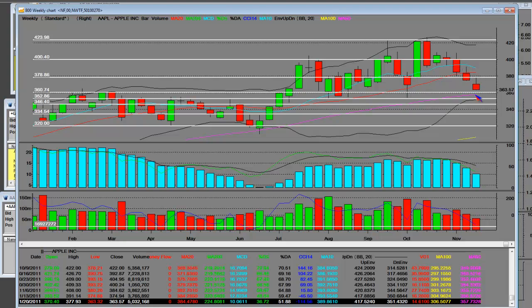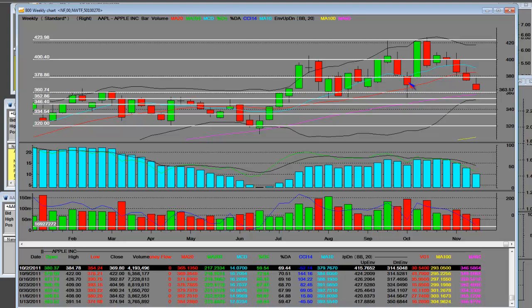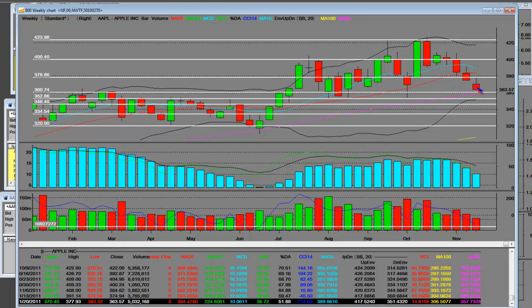However, bear trend reversals have support levels that are tradable. This low right here is going to come into play at 354.24. That's this calendar year low. This calendar year low over here that was done back in August, the 8/7 week, was 353.02. Notice that the 50-week moving average is at 357.73 as of today, 11/27 of 2011. This weekly chart is from long-term bull into short-term bear reversal, bear trend.